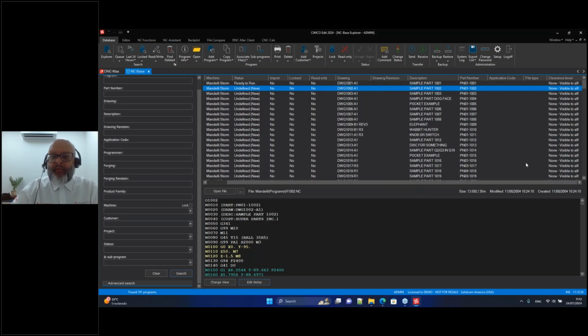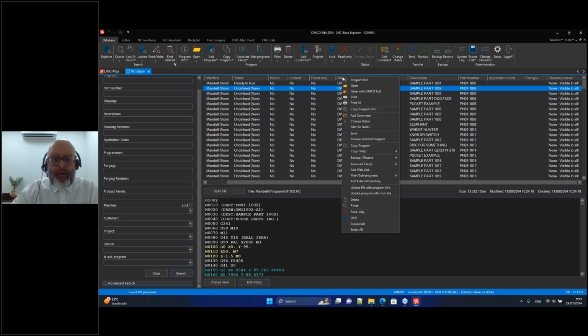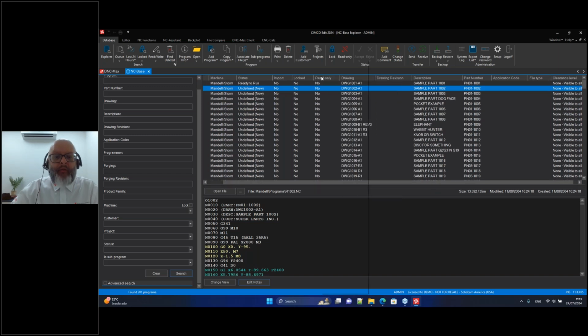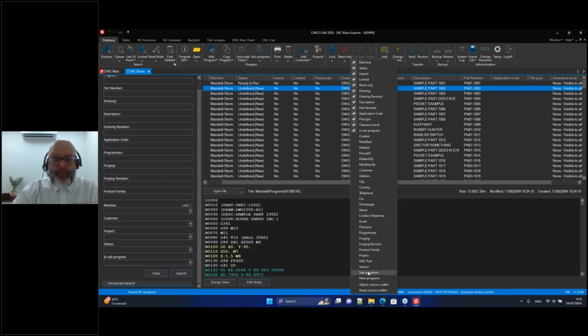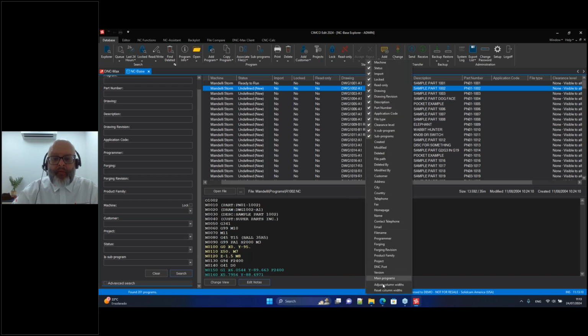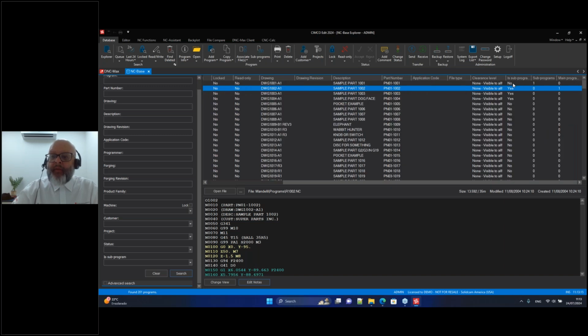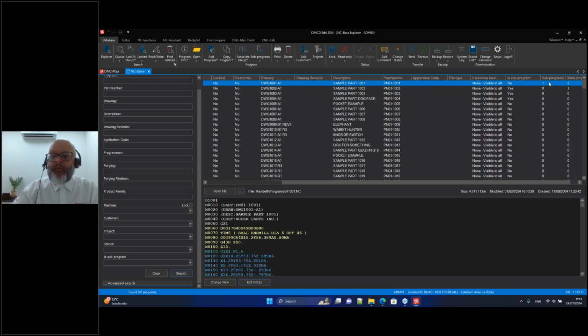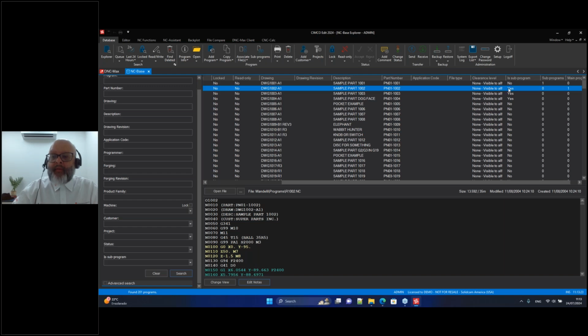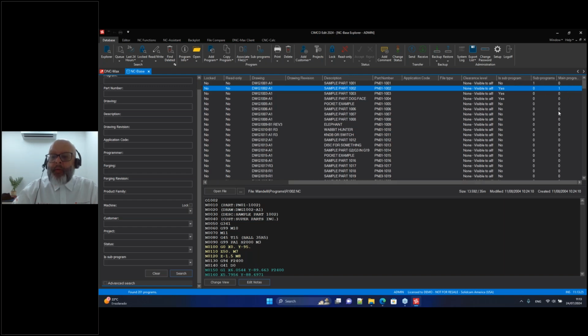So now you can see here that I have a small relationship here. I can activate some columns and say, show me, for example, if this is a subprogram, show me the relationships between these programs. So let me just move these columns. And you can see now that this is a main program, so it's not a subprogram, but there is one subprogram linked to this. And if I look at the subprogram, yes, it's a subprogram, and there is one main